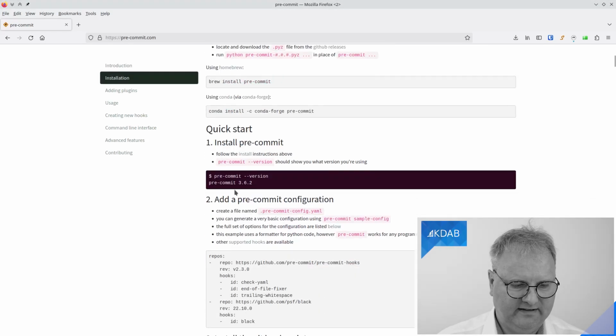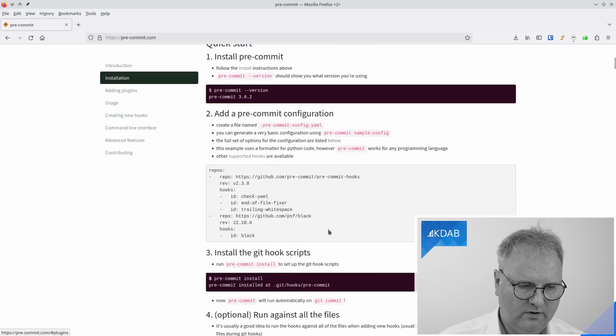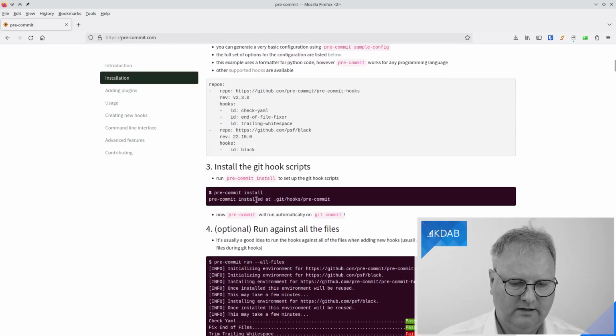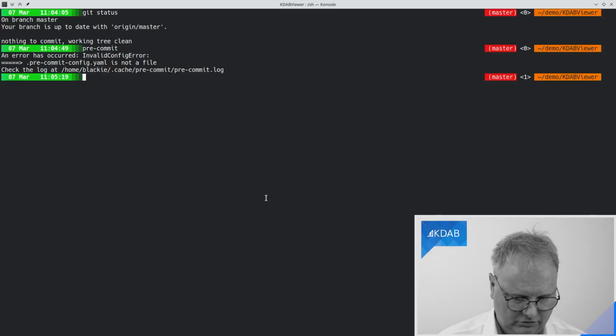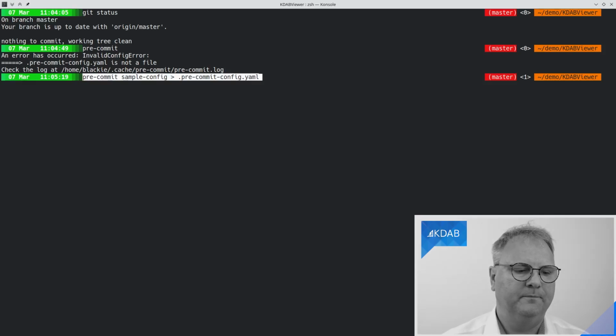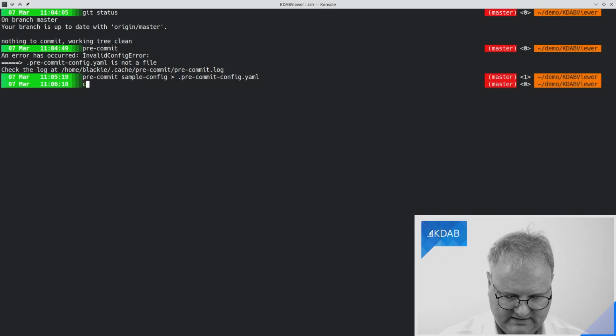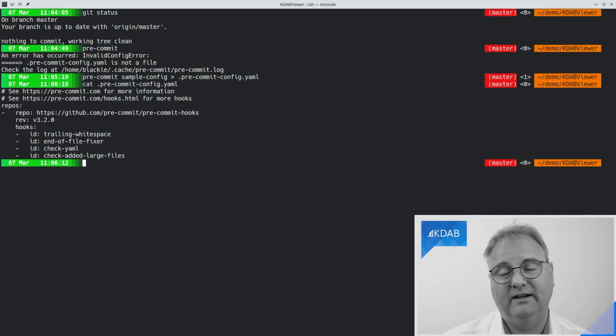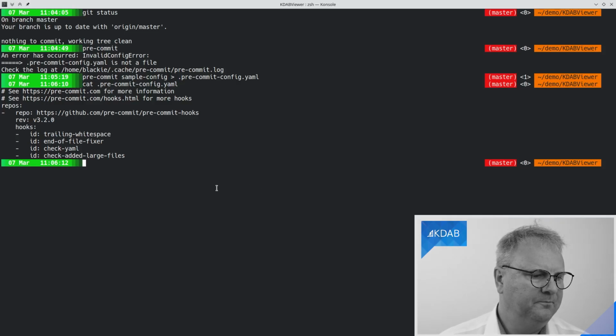And as it says in here, somewhere it says you should just run this command here. And what it does is that it gives me a .pre-commit-config.yaml file.